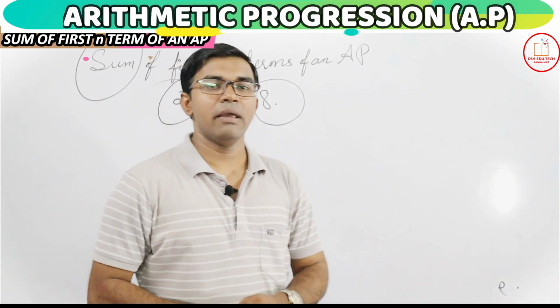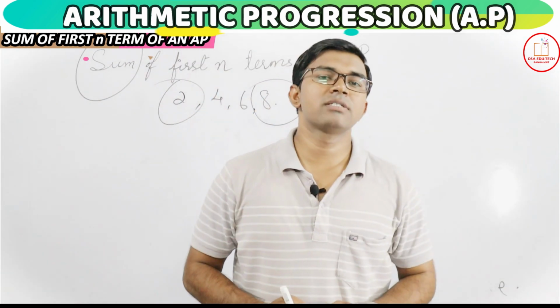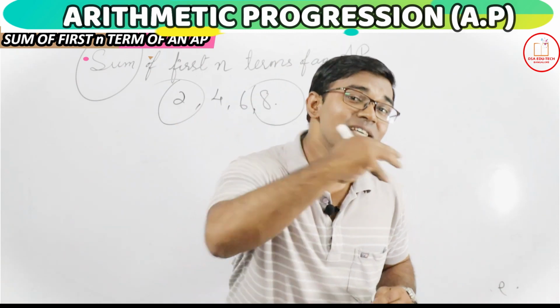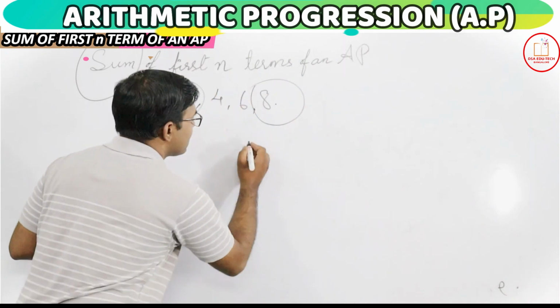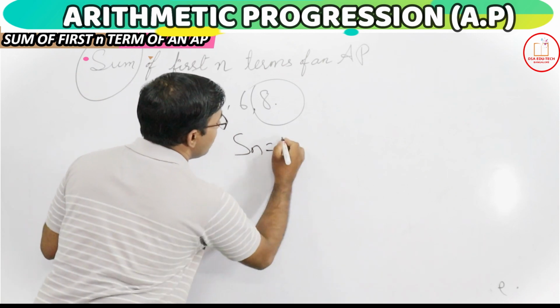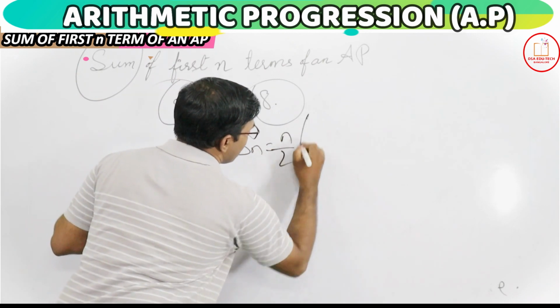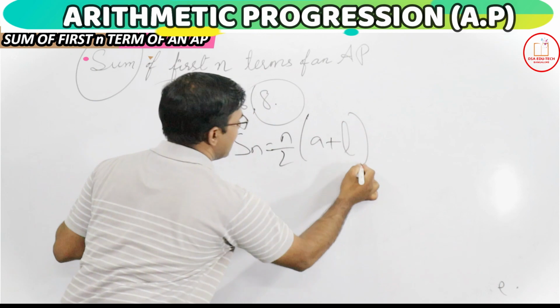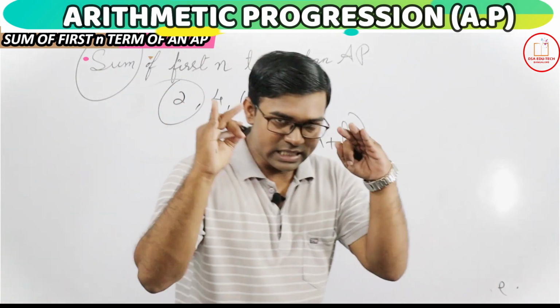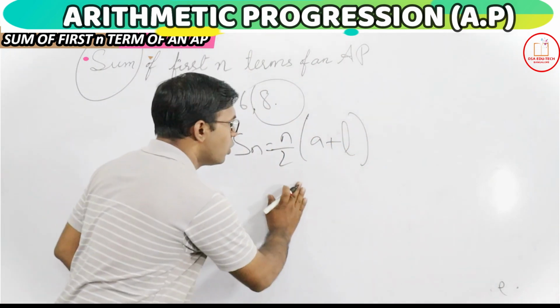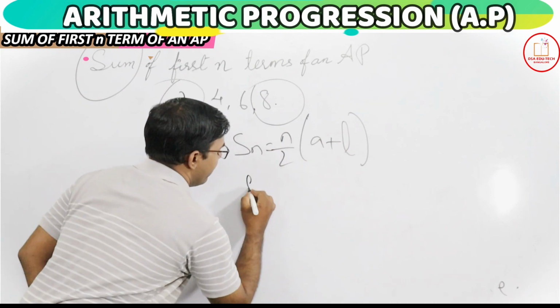So in the given AP series, when we know the first term and the last term, there is a formula to find the sum of this type of AP, that is Sn is equal to n by 2 into a plus l. This is the formula. Sn is equal to n by 2 into a plus l, where